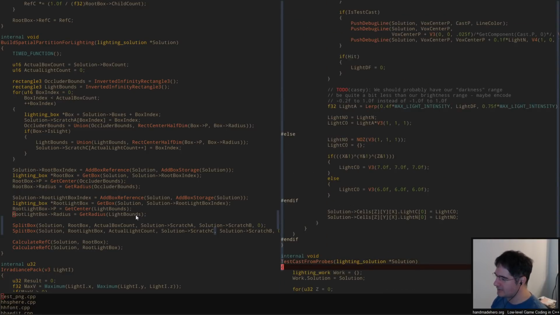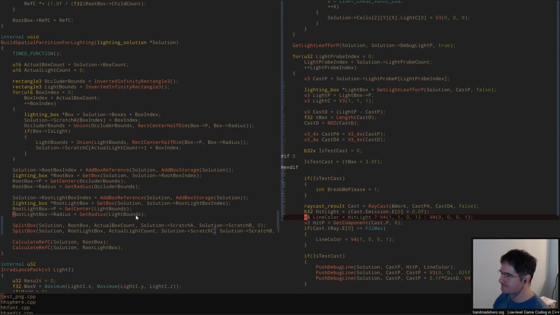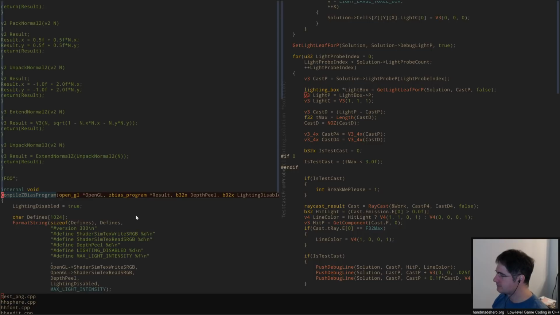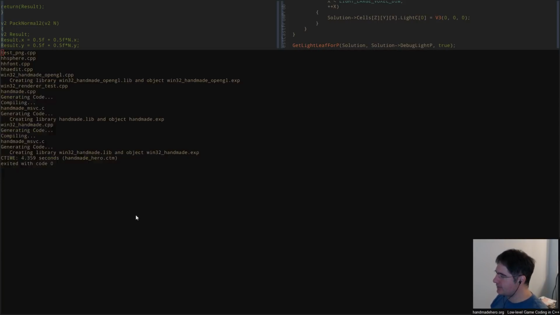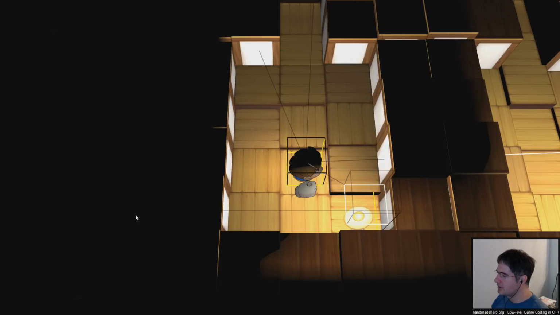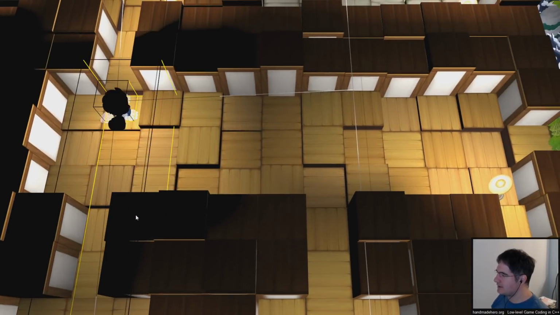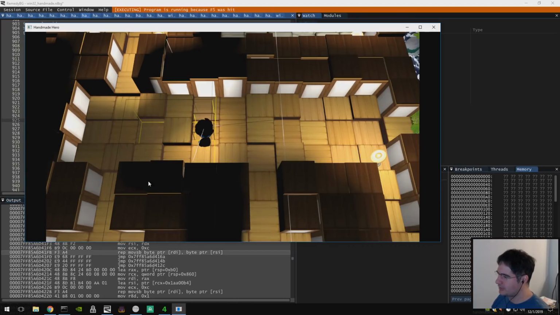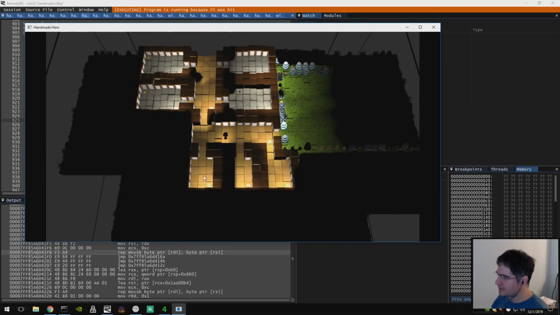And now maybe we can take the test cast and make it actually do something useful here, right? So let's go ahead and try turning the lighting back on, now that we think we've got a reasonable light spatial query there, and see what happens, just to give us a sense of where we are at in the debugging process. So what I'm anticipating seeing is relatively straightforward use of this light source, but also things that are closer to other light sources use them instead, right? So that actually does a pretty good